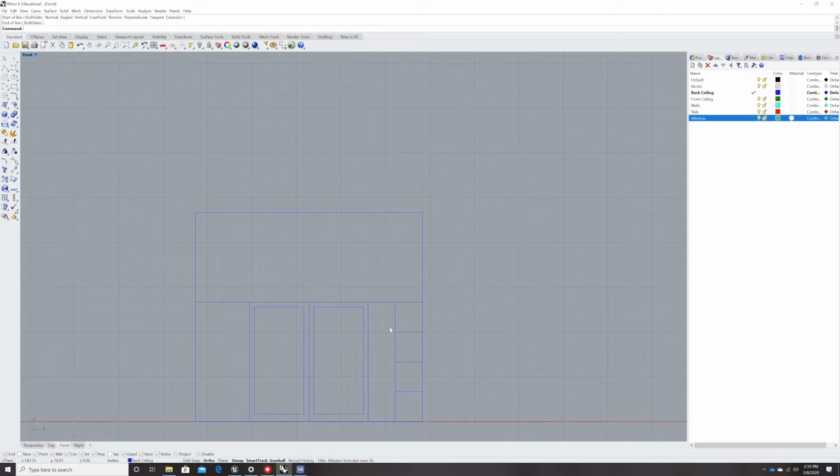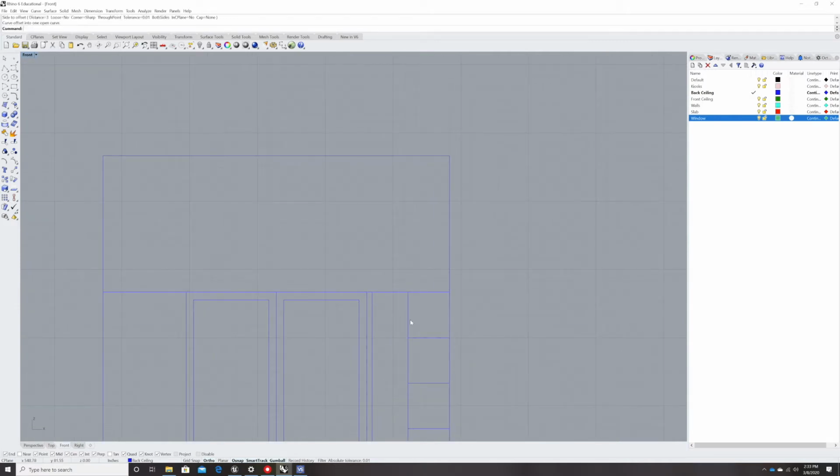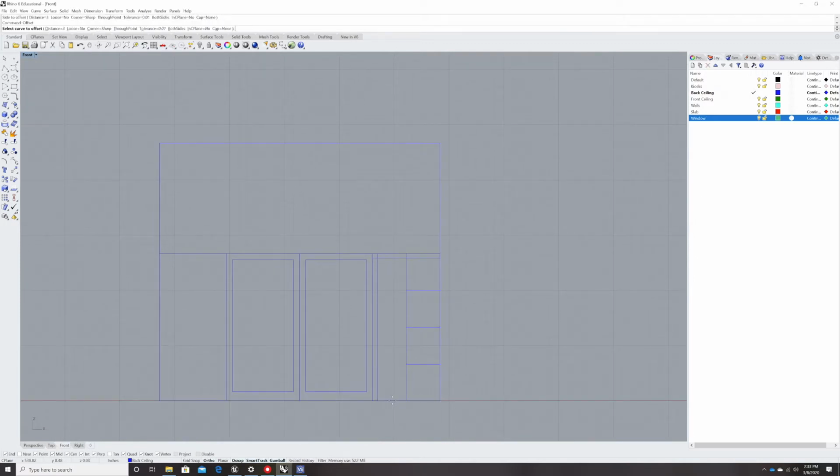Now I'm going to create my windows by offsetting from here this direction, but this time I'm going to go 3 inches. And click. Go from the top 3 inches again, and from the bottom I don't want that whole thing. Actually, I do. It's fine, because I'm going to mirror it onto the other side. Okay, so now let's go ahead and do another offset. This time I'm going to go 1.5 because I'm going to do it in 2 directions. So I'm just offsetting. Okay, and then I'm going to delete this, delete that, delete this,